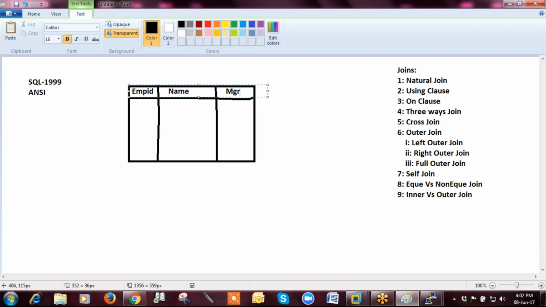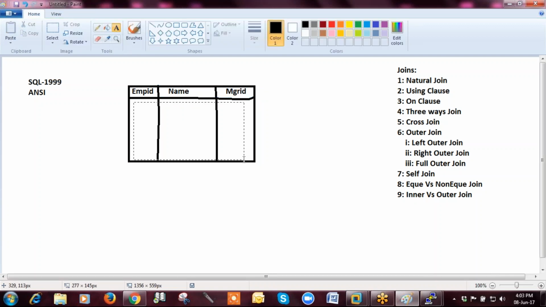This is MGR ID. Now there are the following entries in this.